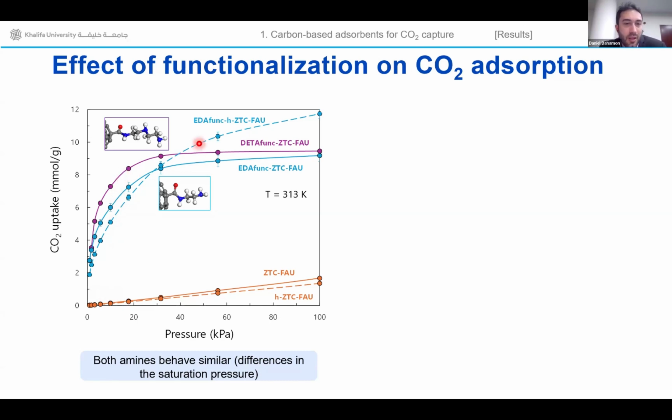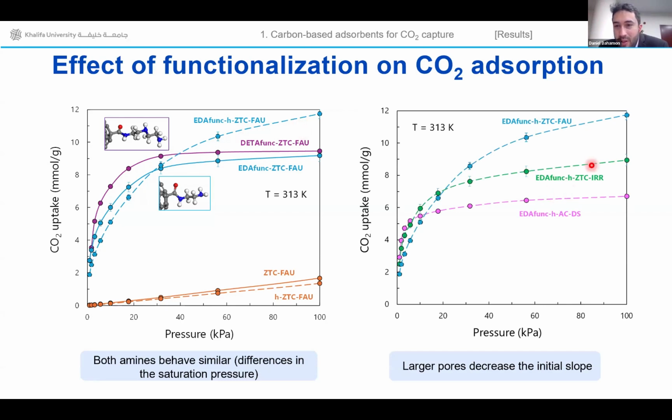And of course, depending on the type of amine you might have, or the geometry of your pore, you can further enhance this. Like, for instance, the difference between having a parent structure and the hierarchical one, which is in dashed lines, is based on absorptions not at very high pressures, but at mid-range pressures. So you might see an enhancement when you go from 50 to 100 kilopascals of around 2 millimoles per gram, which is quite a lot for these materials.